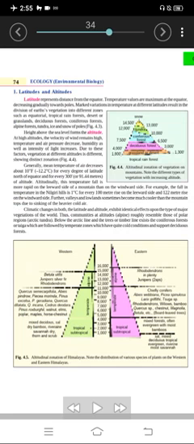Following headings. 1. Latitudes and altitudes. Latitude represents distance from the equator. Temperature values are maximum at the equator, decreasing gradually towards poles. Marked variations in temperature at different latitudes result in the division of Earth's vegetation into different zones,